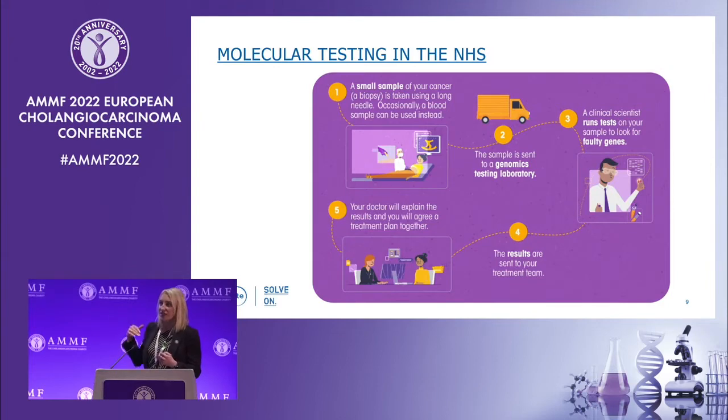So the booklet discusses in more detail what I've just introduced to you now. It then goes on to talk about molecular testing specifically within the NHS, so how it actually works here. I will say it's specific to the NHS, but actually the pathways are very similar to what happens in other countries as well. So basically, the flow shows that a piece of biopsy, which again you saw in the